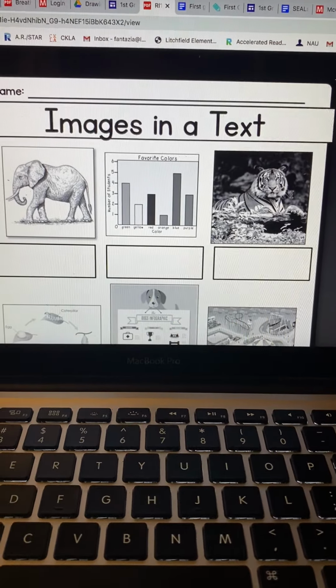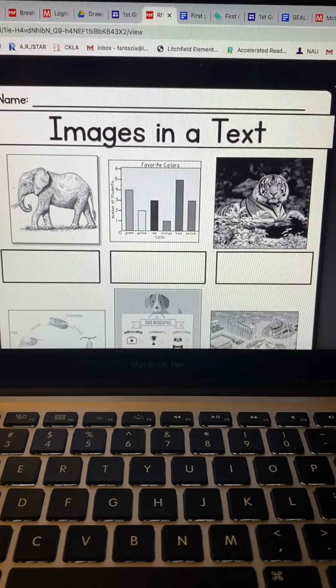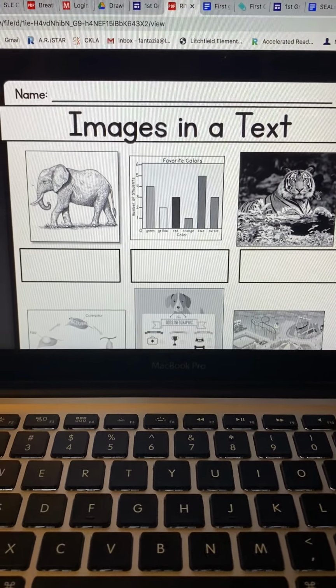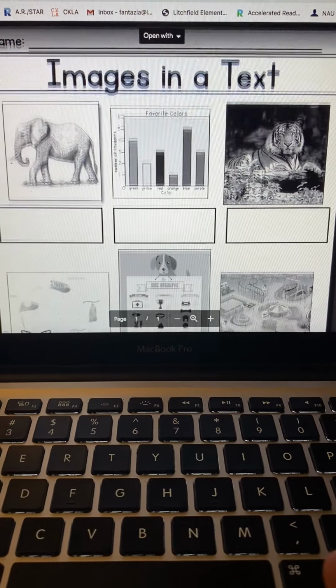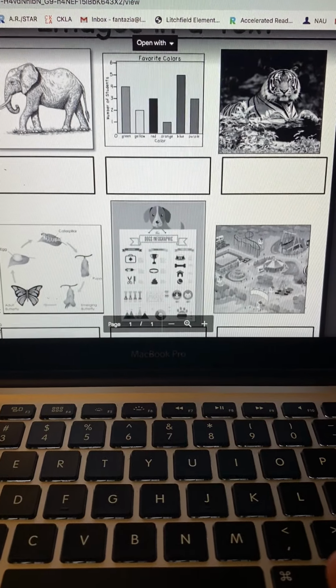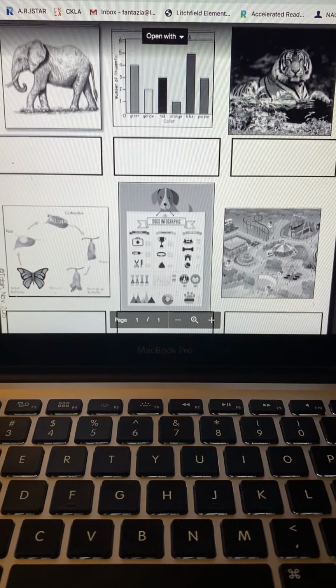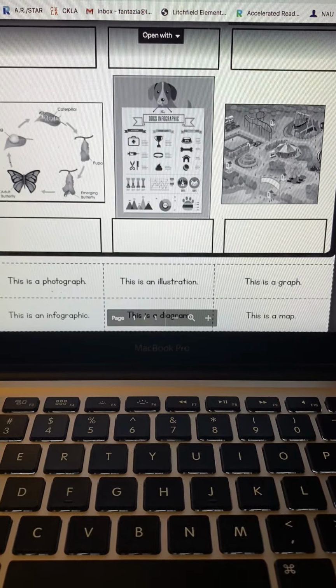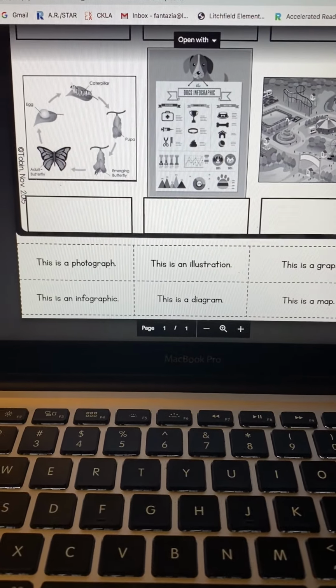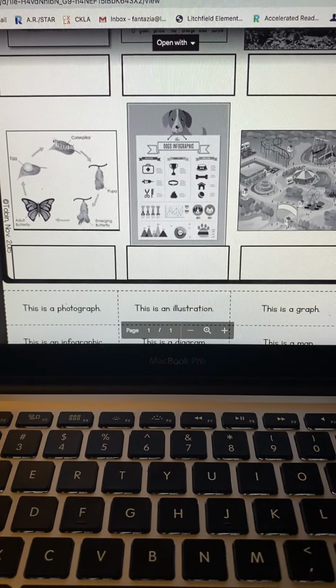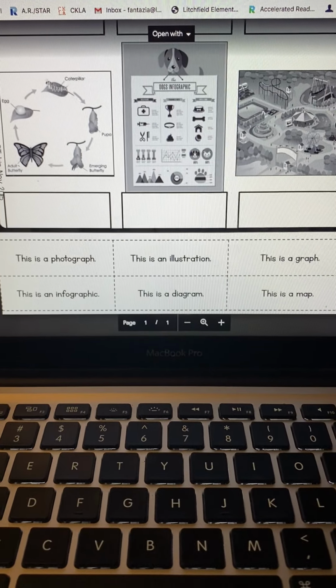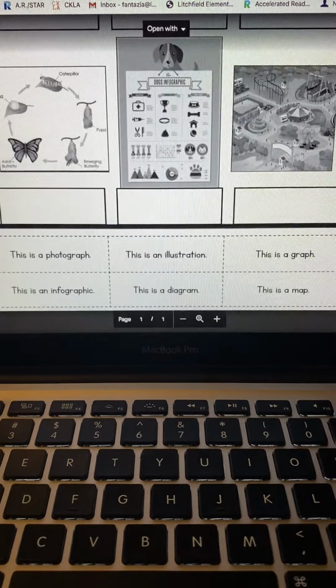So this week in reading, we are focusing on using images in a text to help us understand what the text is about. So this is for nonfiction text, and remember, nonfiction is things that are real, so all factual information. So different types of text or illustrations that we use in our text is a photograph, which is like